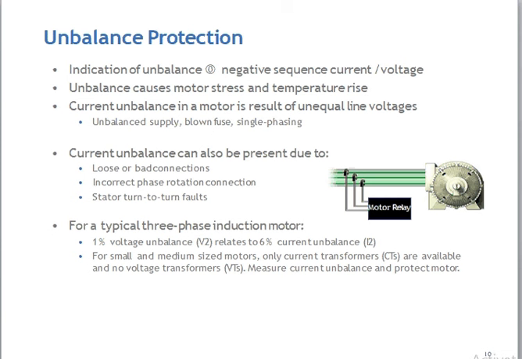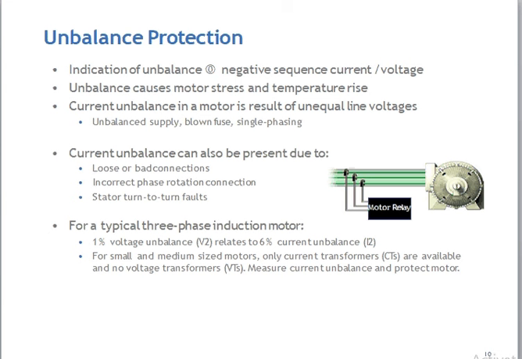Current unbalance can also be present due to loose or bad connections, incorrect phase rotation connection, and stator turn-to-turn faults.